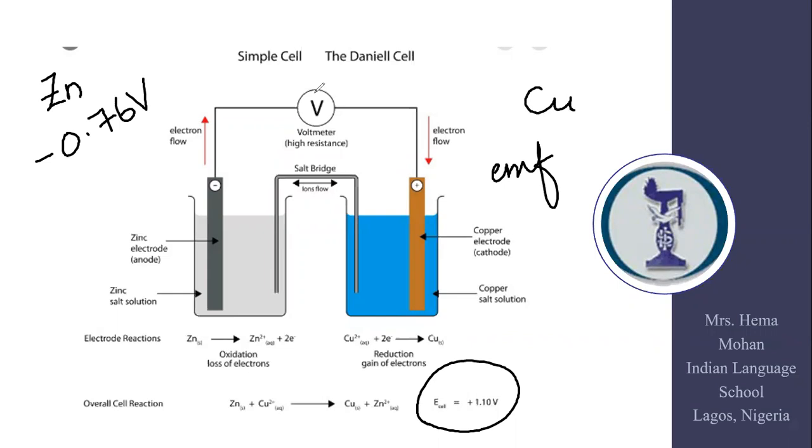You are going to study how to denote a half cell in chemistry. The electrode potential is plus 0.34 volt. So plus 0.34 minus of minus 0.76 volt is going to give me 1.1 volt. This is called a Daniell cell, and this cell